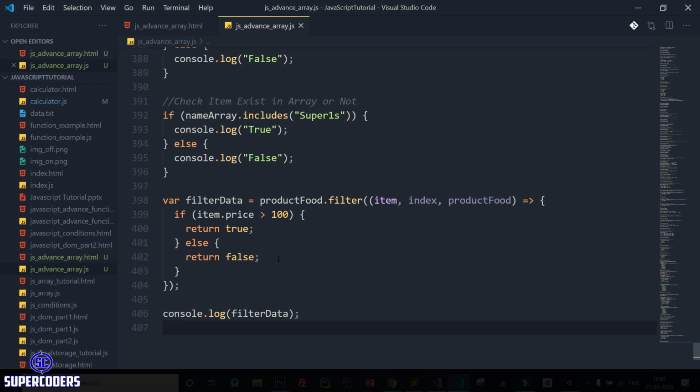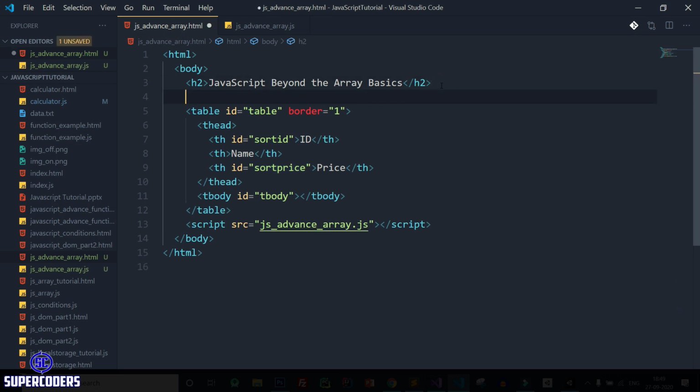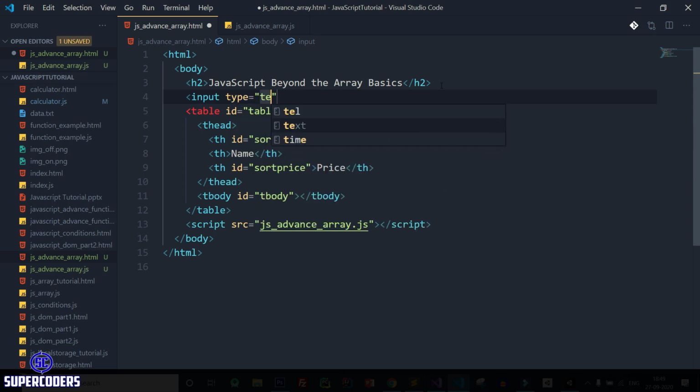So back to VS Code. Let's create one input. So input type equal to text, placeholder equal to filter or search, id equal to search. Close this input.